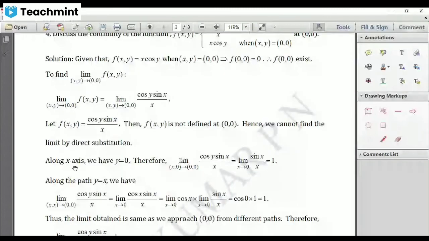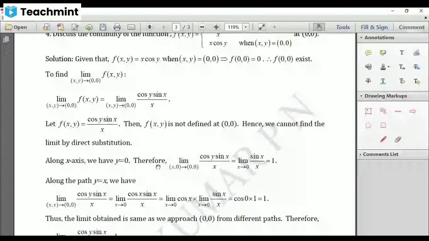Okay. So, along the y-axis, your x will be equal to 0. If you take that, you have to replace x by 0, and you have to replace this also by 0. So sin 0 by 0 gives you indeterminate. That's why I don't want to consider that case. Instead of that, I'm taking the path along the x-axis. Along the x-axis, we know that our y is 0.